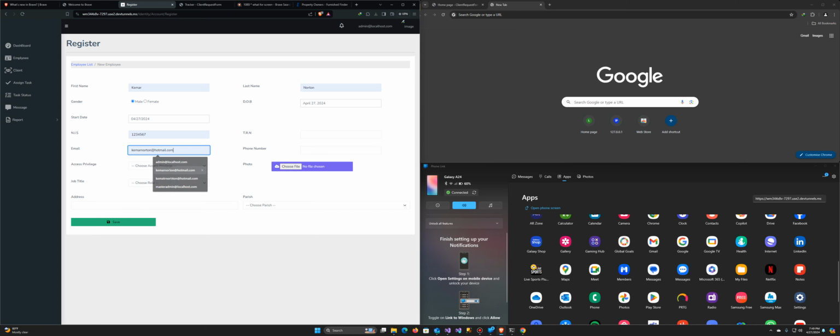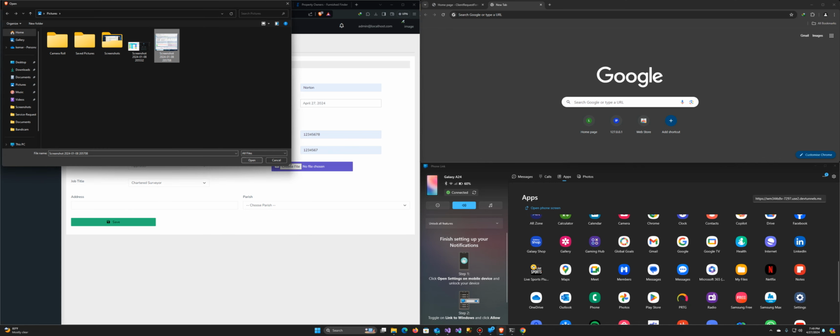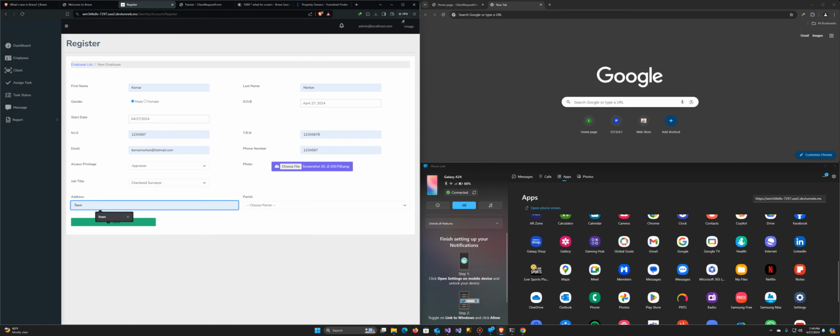We have to use a real email because the system will be sending me my verification email and my temporary password. As you can see, we don't enter any password for the user here. Appraiser, I'm going to say I'm a chartered surveyor. All right, so let's choose any random picture. Say Town, Parish, Manchester as well. And if we go ahead and save right here,